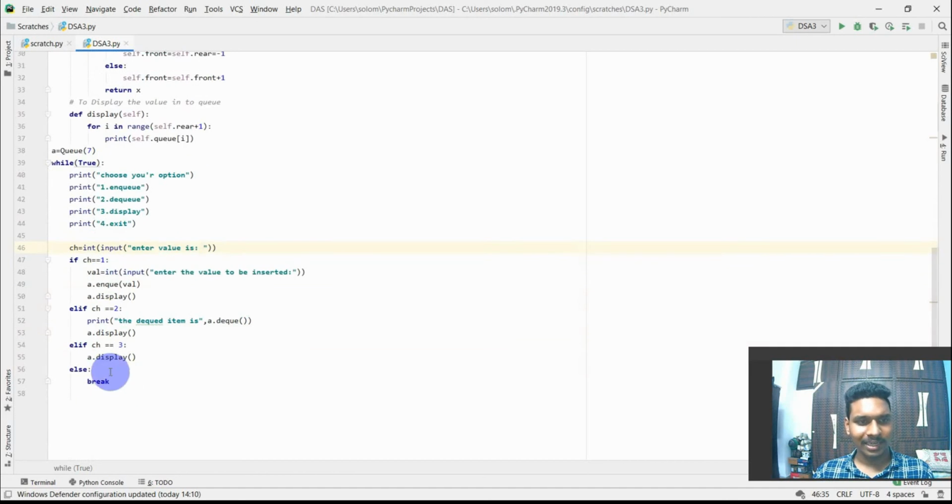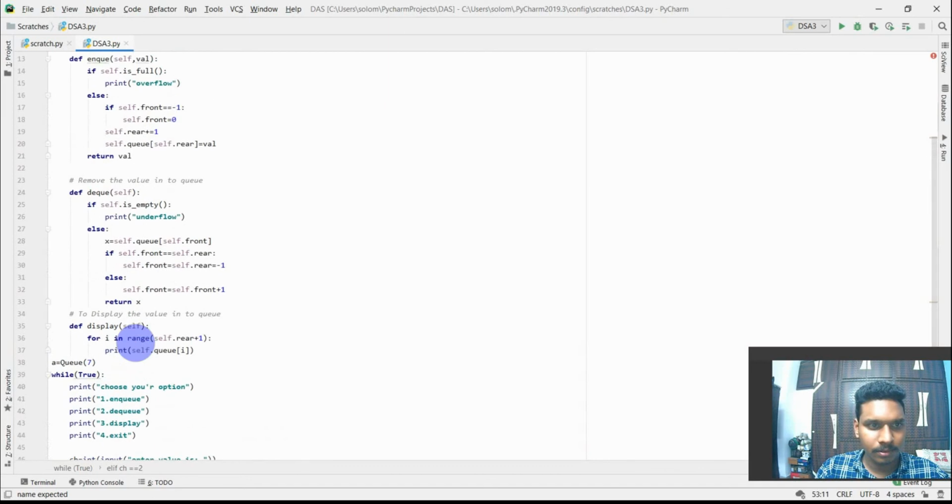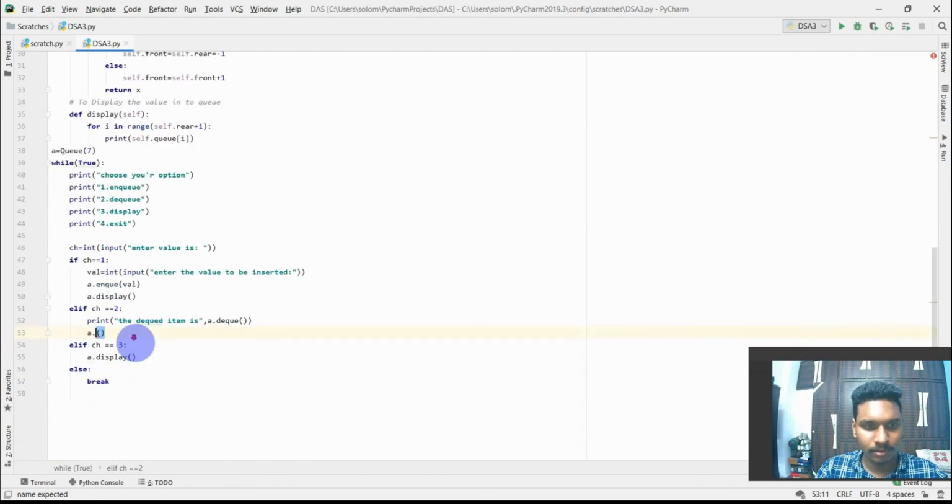The third character is to display. If you enter this, it will display the value. So if it enters the value 3, this will go through display.